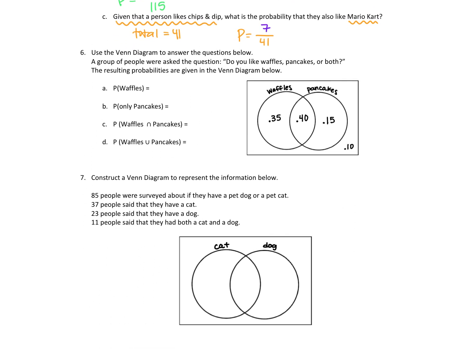Lastly, we have Venn diagrams, and in this section you could be asked to use an already created Venn diagram to answer some questions about probability, or you could be asked to create your own Venn diagram based off of information given to you. So in the first case, number 6 here, we have a Venn diagram that's already created for us, and it's based off of this question: do you like pancakes, waffles, or both? Okay, and the probabilities were calculated and plugged into this Venn diagram. So in the Venn diagram, we can see the 2 circles representing the 2 possible answers, but we have to recognize that somebody could have said they just like waffles, they just like pancakes, they like both waffles and pancakes,